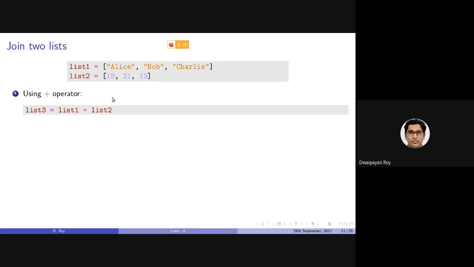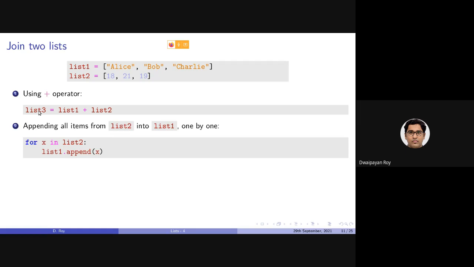So basically you can consider I'm just placing these 3 items after this. Basically I'm appending this list with this. But note that this will not be changing list 1 or list 2. List 1 and list 2 will contain the same items, but after applying this plus, this will actually create another list.